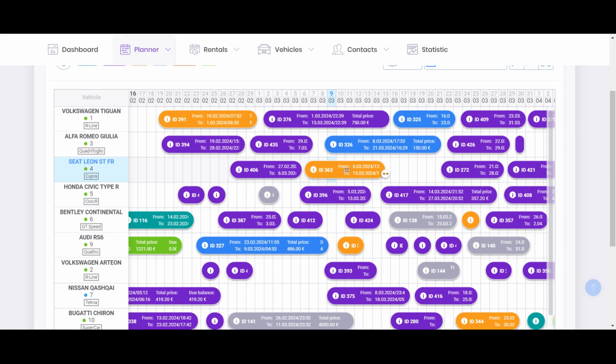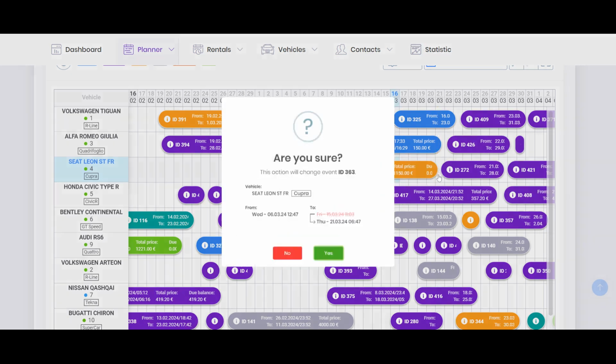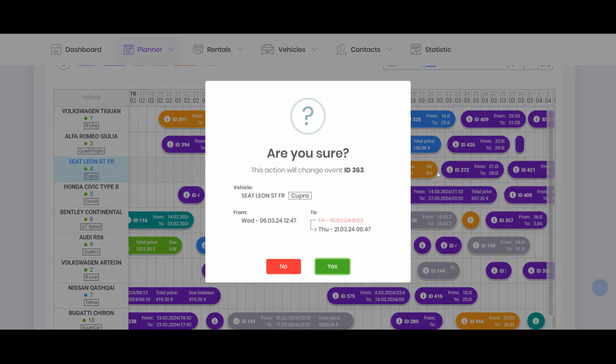Okay, so for instance, this Seat Leon, you can see you have some free space here. It means you have some free dates here. So sometimes a customer can ask you about prolongations, right? You can make it from here automatically, like this one. But I want to pay attention that this is a really important change. So the system will always double ask you, are you sure to make it? Because this action will